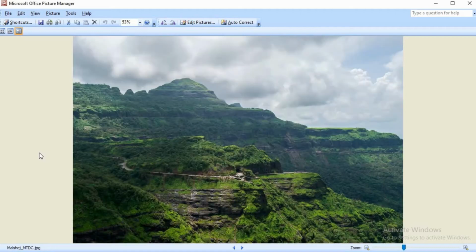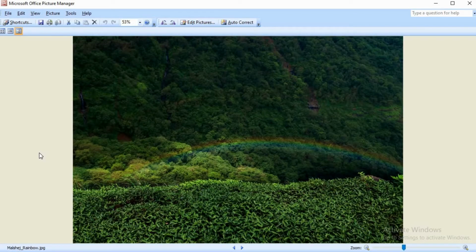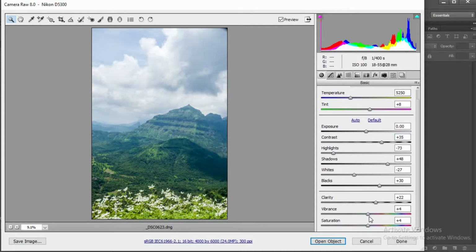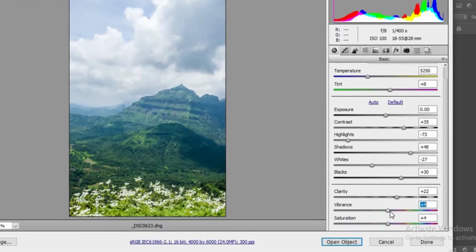I went to Malsej Ghat 2 years back. And I have some cool photos that I can use. First, I'm gonna edit these images. I'm gonna use Photoshop, but you can use any software or app that you may have, guys. I'll show you how I'm editing it in Photoshop. Just the basic tweaks, adjusting the highlights, increasing contrast, clarity, etc. Very basic. You can edit them any way you want, but however you may edit it,